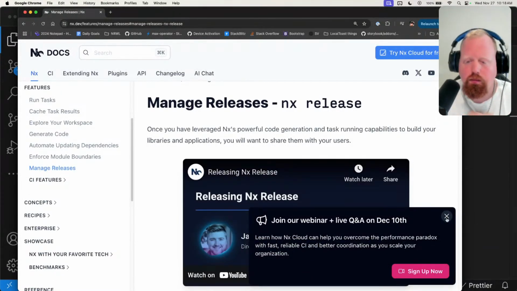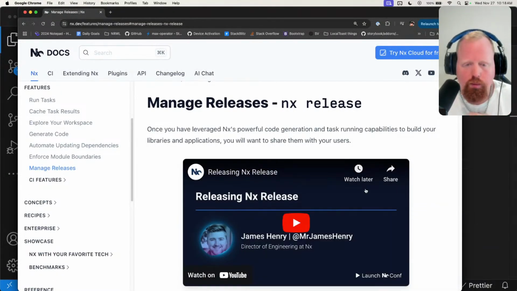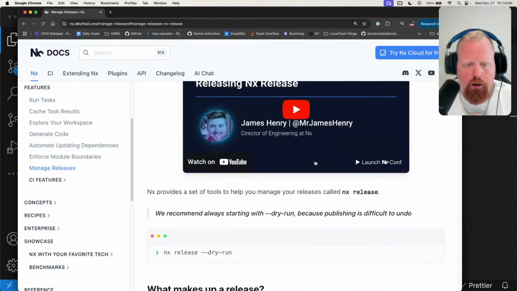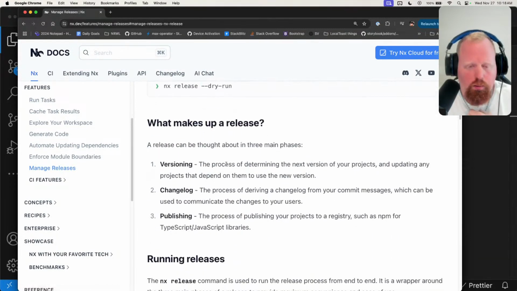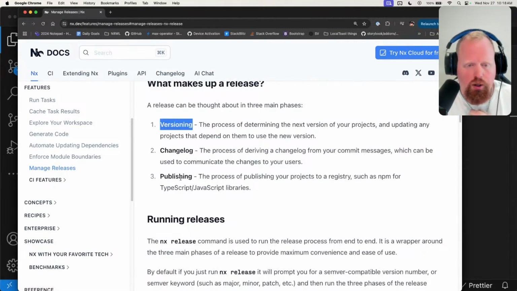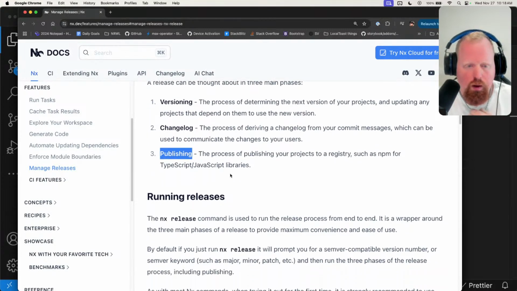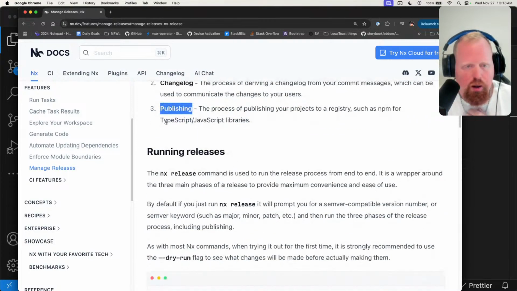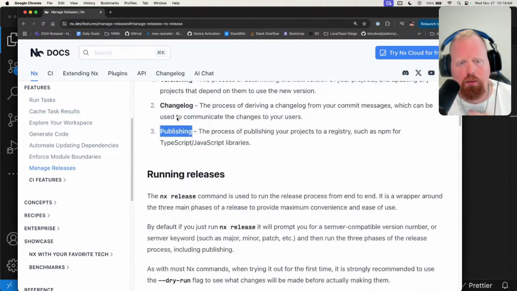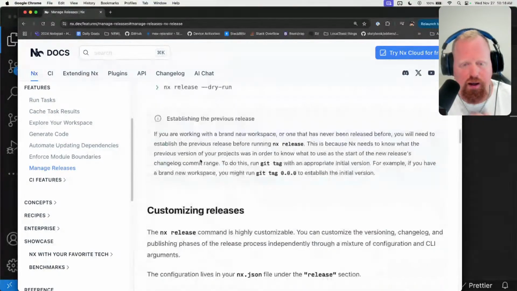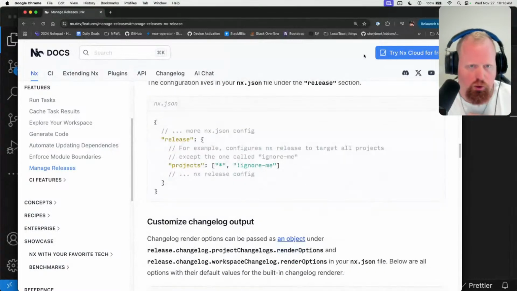Excuse me. Okay, so versioning and publishing. Publishing is really the big one we want to look at, because specifically we want to figure out, in the publishing step, how to specify a directory. Because right now,